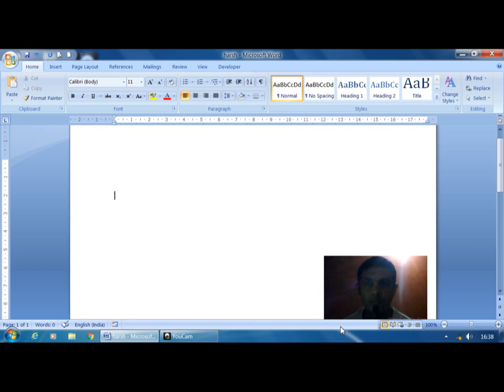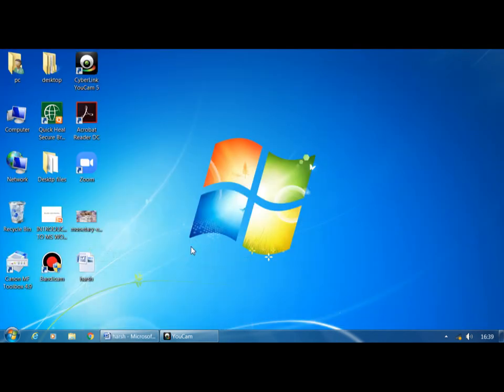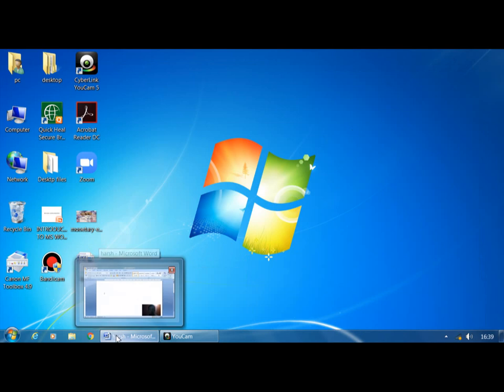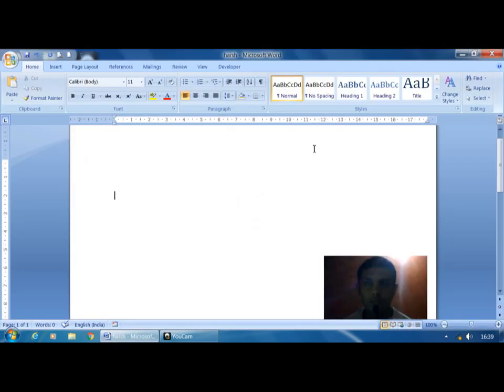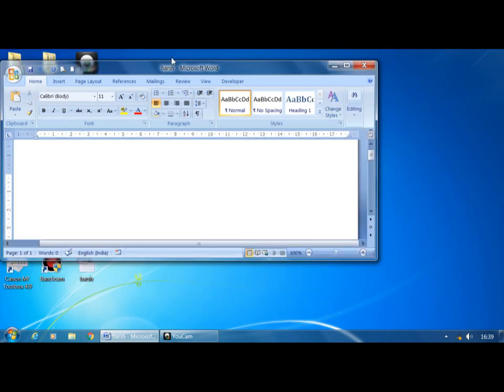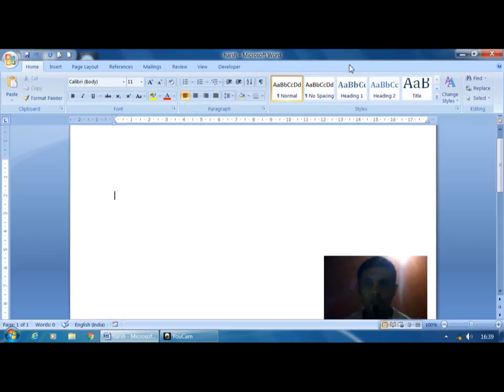So we can control the entire window. First one is minimize. When we click on this minimize button, your document comes here, it minimizes. And the second one is not a maximize, it is a restore button. When I click on the restore button, your document will be restored. And if I want to make it full screen, at that time you just click on this maximize button. And lastly, the close button, where we have to close the application.